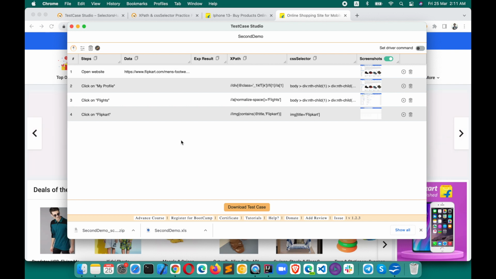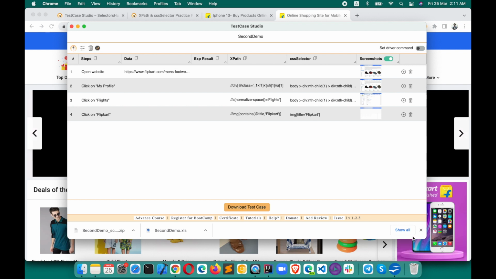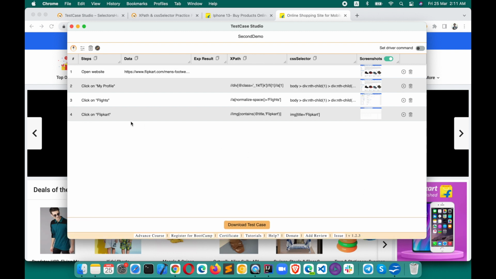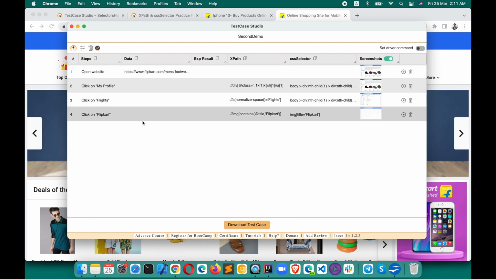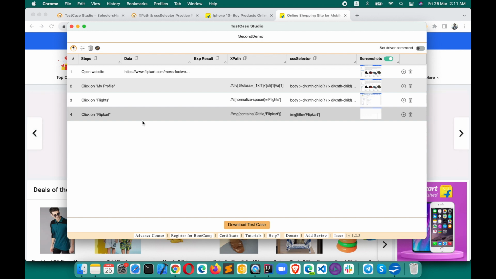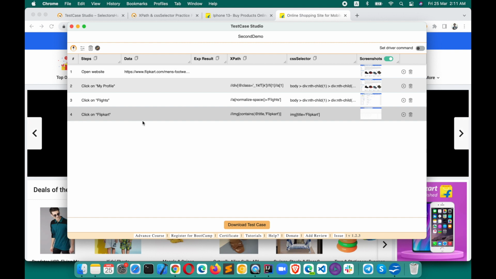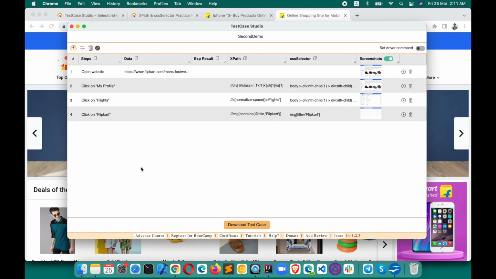So yeah, we have seen almost all the features of TestCase Studio so far, which will help you in multiple ways to document your test case, to raise the bug in your bug management tool. You can also copy the simple steps. All these steps you can just share with your developer to reproduce the bugs,